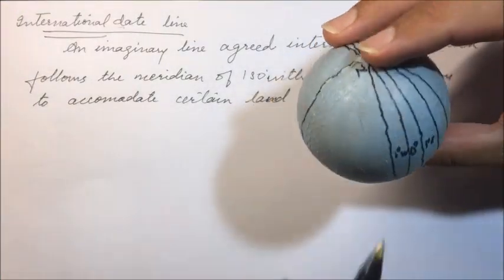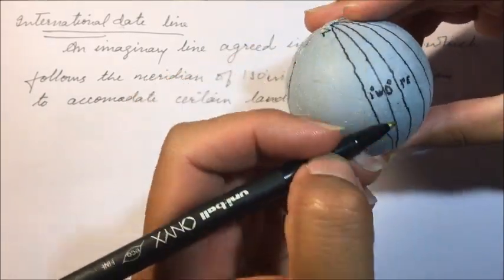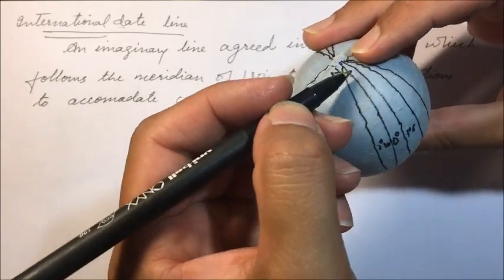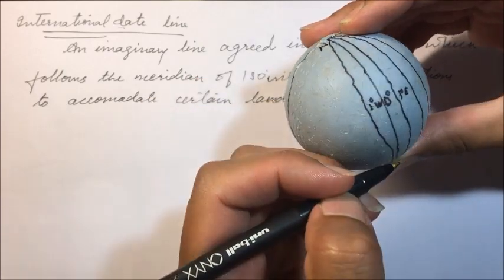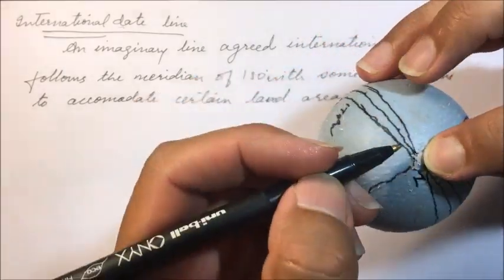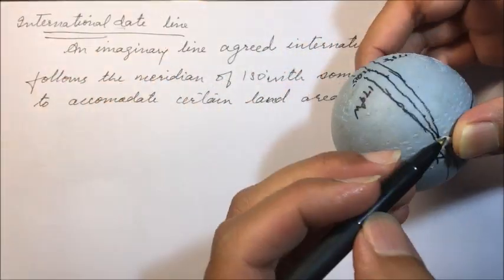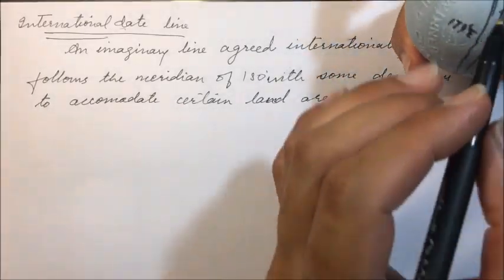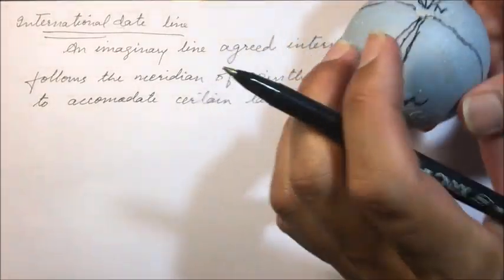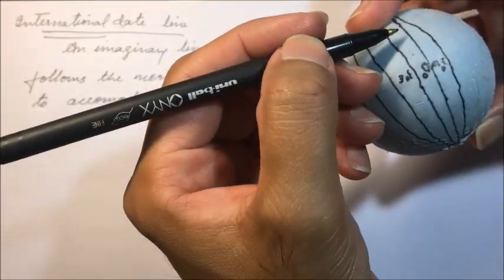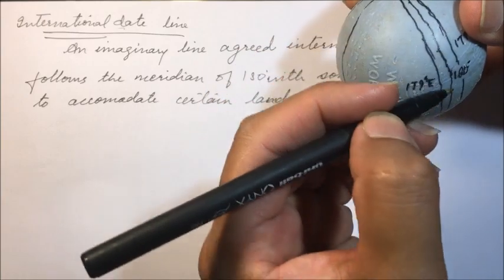So till now we have discussed 0 degree longitude, and when we connect from North Pole to South Pole, this is the Greenwich meridian. That is, we call it the prime meridian. It is passing through the Royal Observatory at Greenwich. Just opposite to it, the 180 degree meridian is called the international date line. It's a straight line with some deviations to accommodate certain land masses that we'll be discussing later. So this is just opposite to the prime meridian. We have the international date line, that is, the meridian of 180 degree.